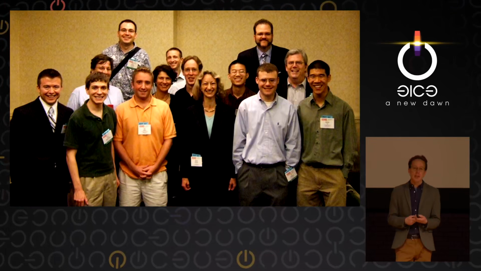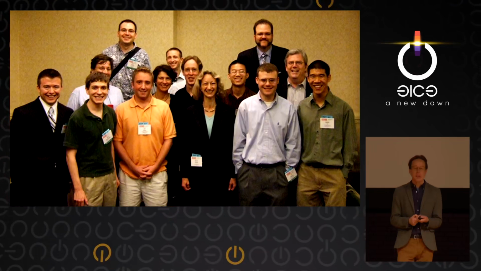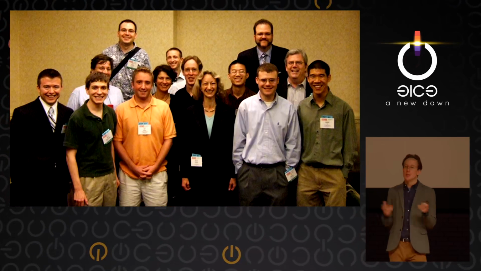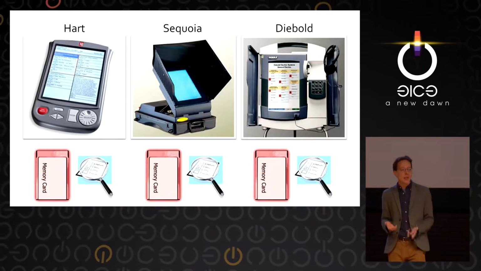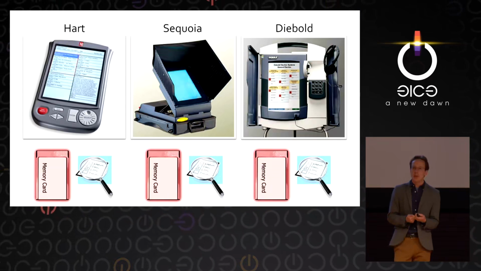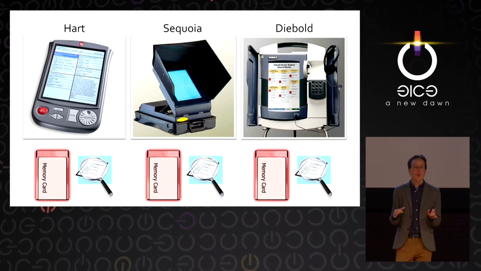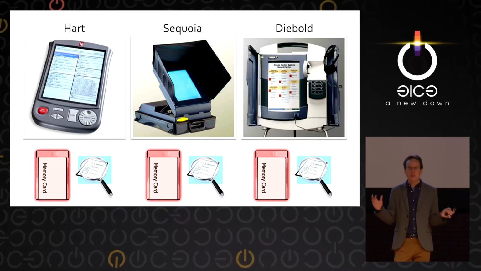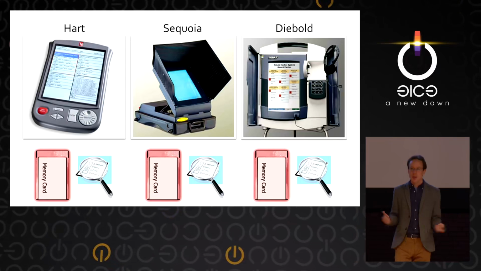But this isn't the only study that's shown problems in e-voting. I was part of a study that the California Secretary of State, Deborah Bowen, in the middle there, commissioned also in 2007, that reviewed every electronic voting technology in use in California. And we studied machines from 3 manufacturers, Hart, Sequoia, and Diebold. Believe it or not, each of these machines is based on source code in the hundreds of thousands of lines of code. Too complicated to possibly be secure.